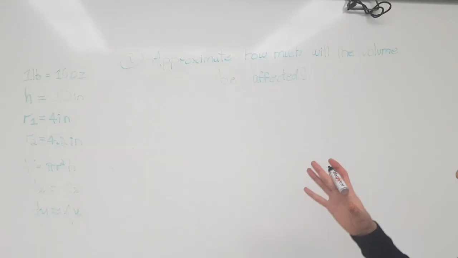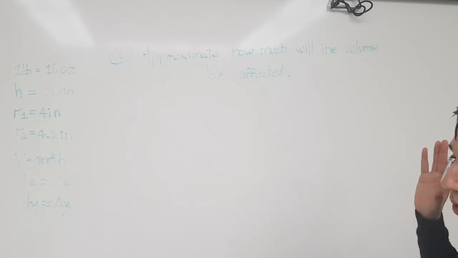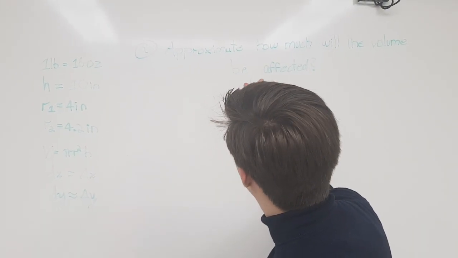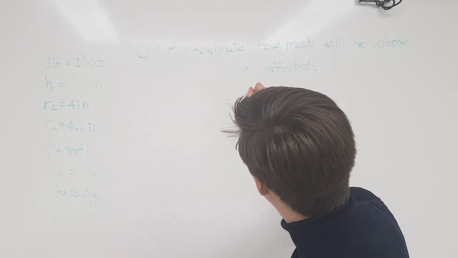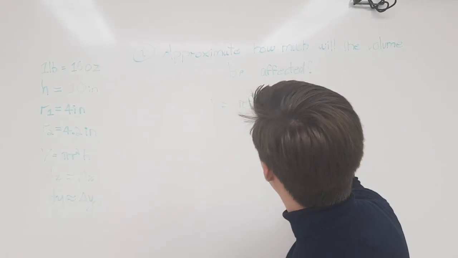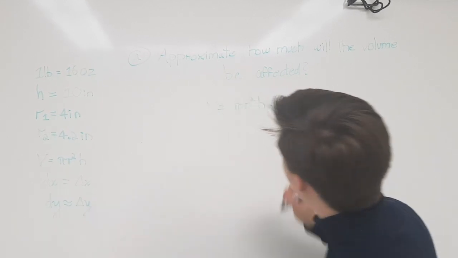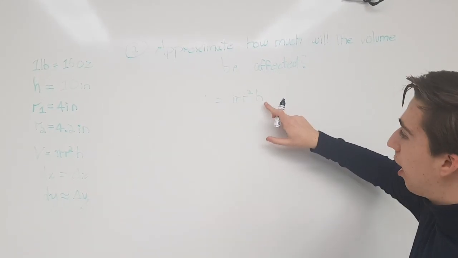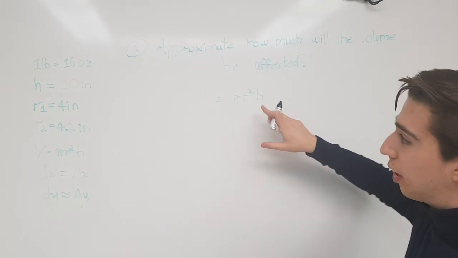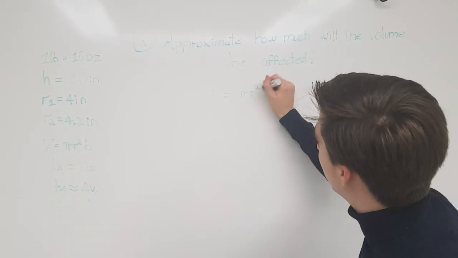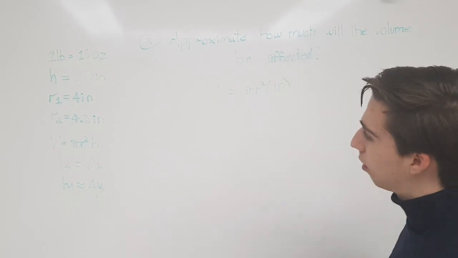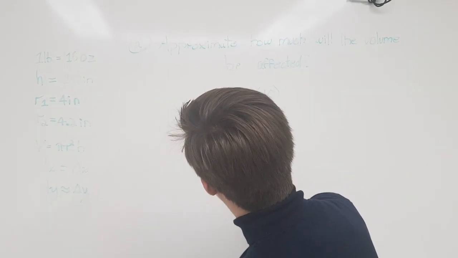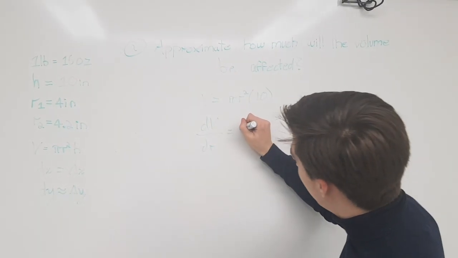So the first problem is to approximate how much the volume will be affected. So we need to differentiate the formula for the volume of a cylinder. Volume is equal to pi r squared times height. Before differentiating, we have to replace the height because it's a fixed value, so we'll just plug in the 10. Okay? So we differentiate, dV over dr is equal to